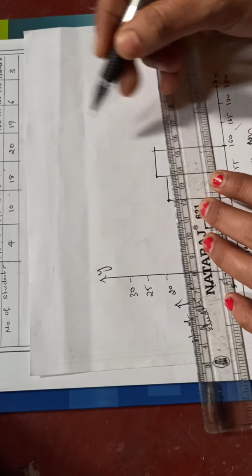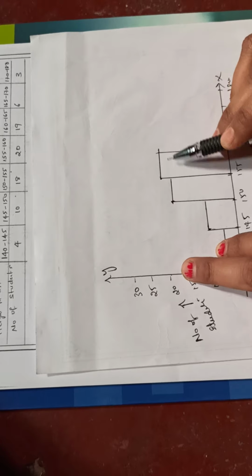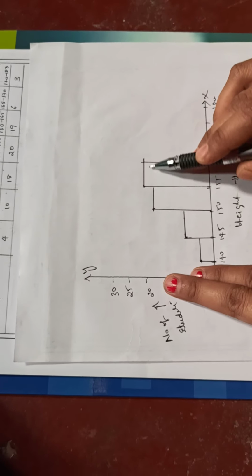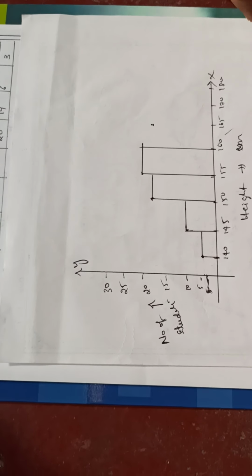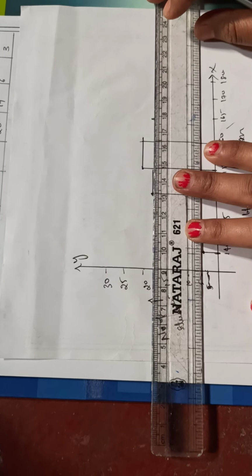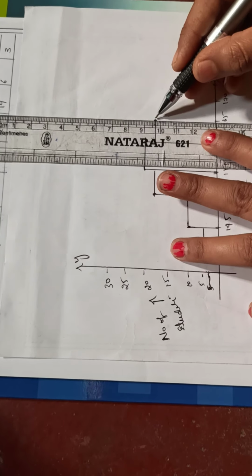And then from 160 to 165 it's 19. 19 in the sense it will come below, somewhere here below 20. So you can see you can just mark somewhere here. So if you take the graph sheet, so your graph will be a proper one. So I am just putting a rough sketch over here.